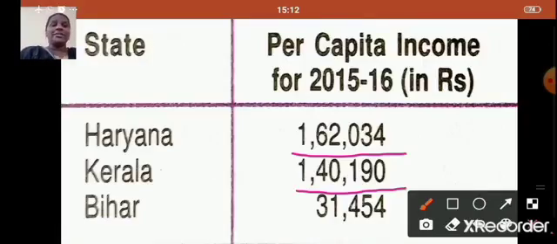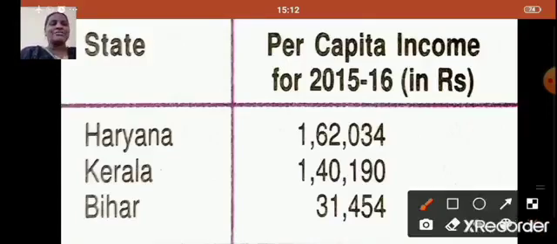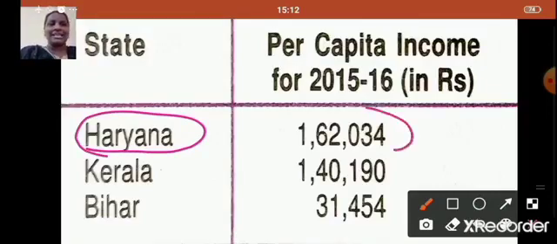Whereas for Bihar, it was just 31,454. So if we compare the development of these 3 states on the basis of per capita income, then of course Haryana ranks first. Isn't it, students? Why? Because its per capita income for the year 2015-16 was